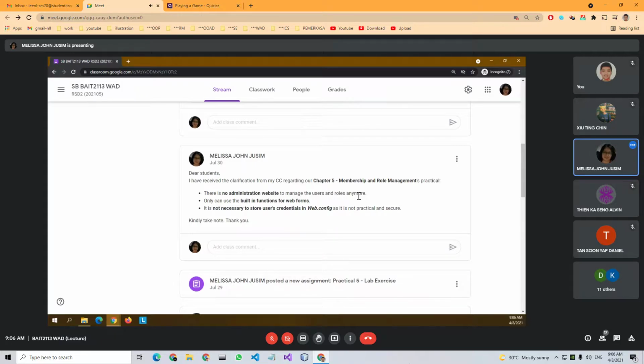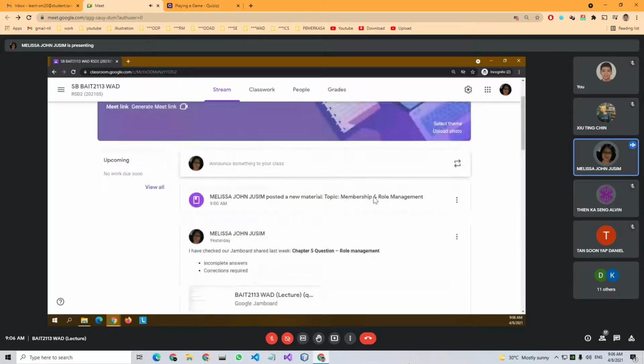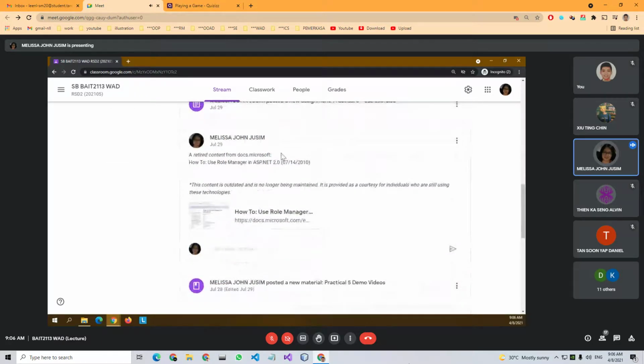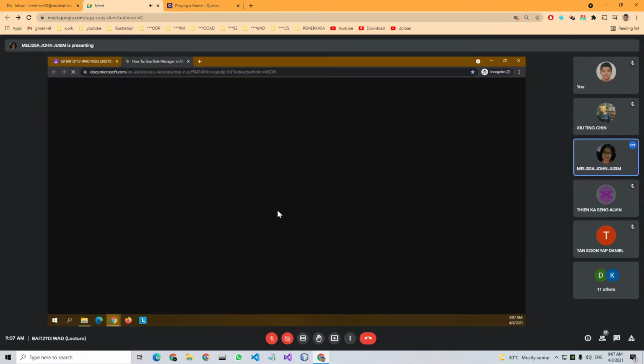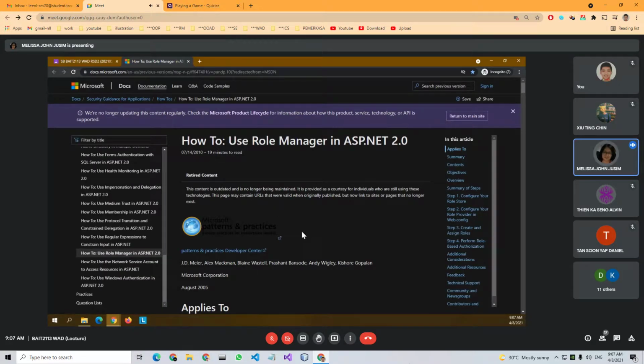I also shared this last week, the retired content from Docs Microsoft way back in 2010, how to use the role manager. This is where it shows the coding. But we don't have the example in our slides.